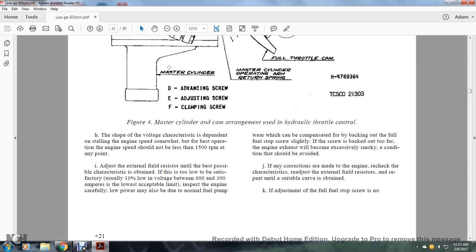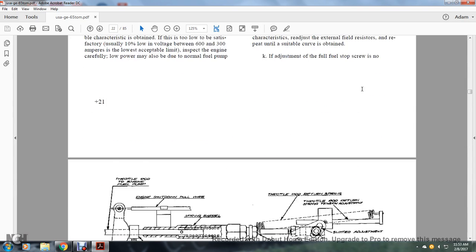Inspect the engine carefully. Low power may also be due to a faulty fuel pump, which can be compensated for by backing out the full fuel stop screw slightly. If the screw is backed out too far, the engine exhaust will become unacceptably smoky, a condition that should be avoided. If any corrections are made to the engine, recheck the characteristics, readjust the external field resistors, and repeat until a suitable curve is obtained. Okay, if the fuel stop screw adjustment is not